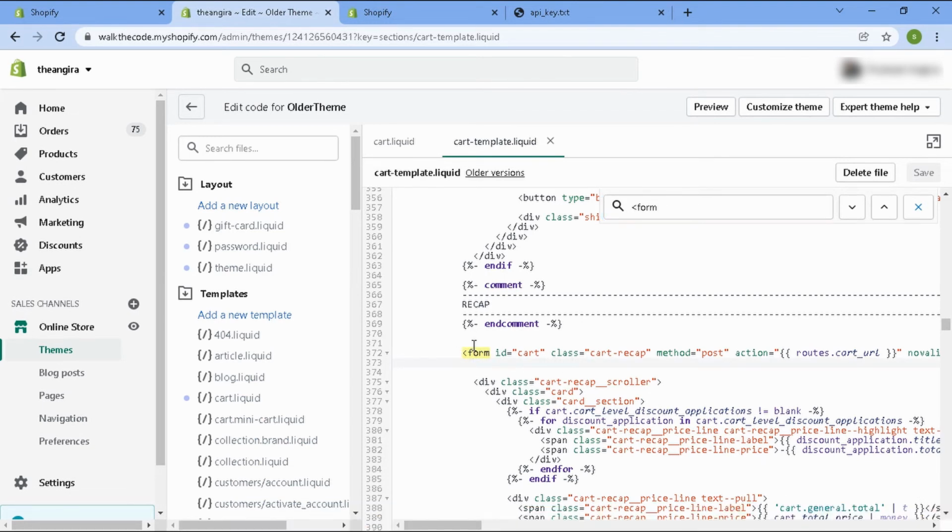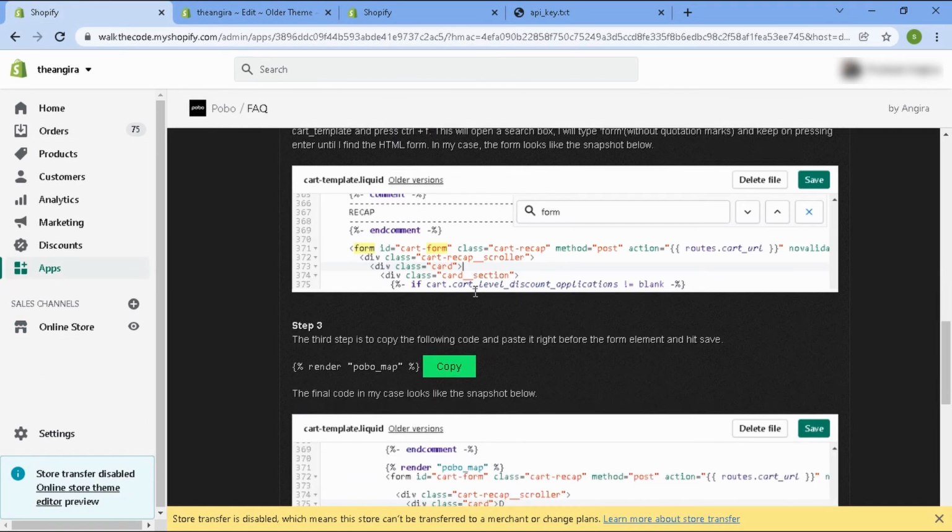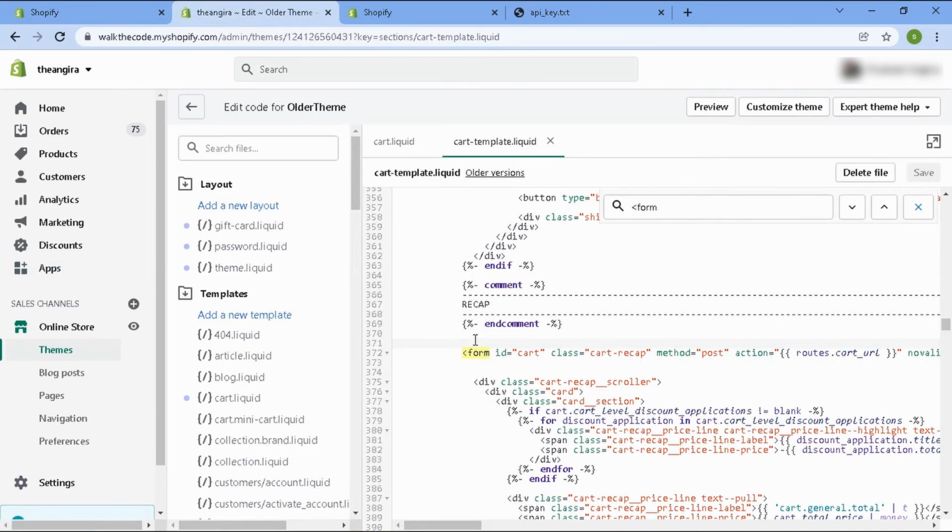And right before this form, I want to paste a code. And what is the code that I have to paste here? If I scroll down in step number 3, I see the code. So I will copy this, and right before the form, I'll paste it.